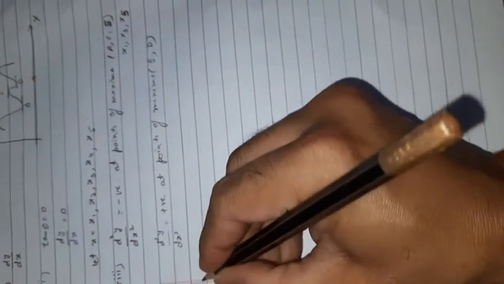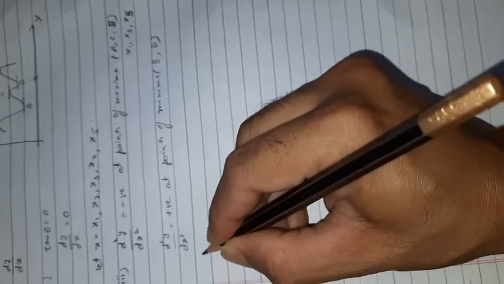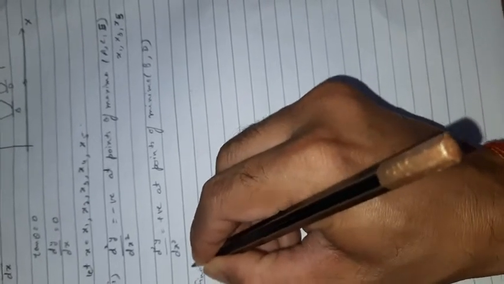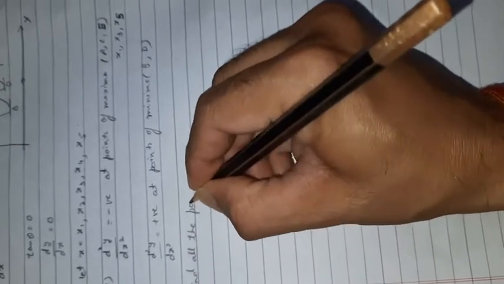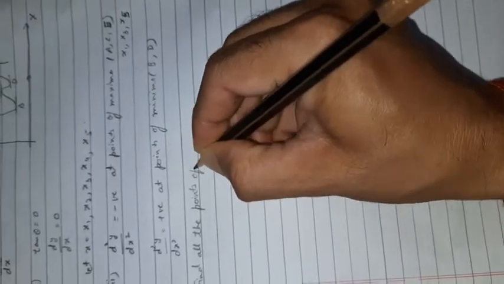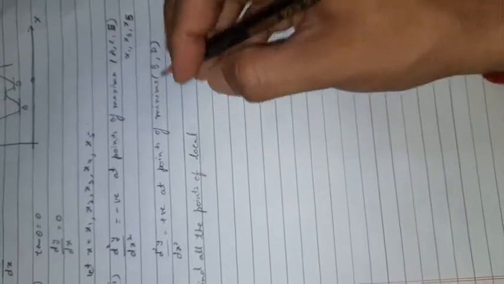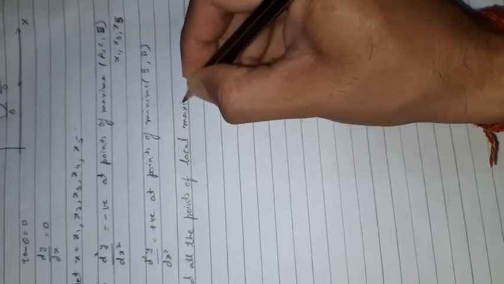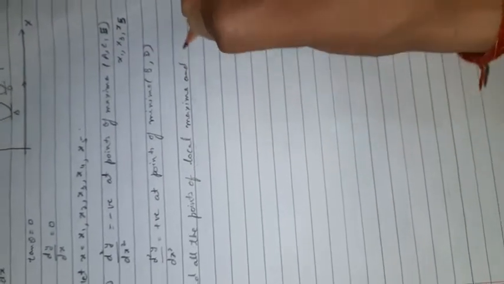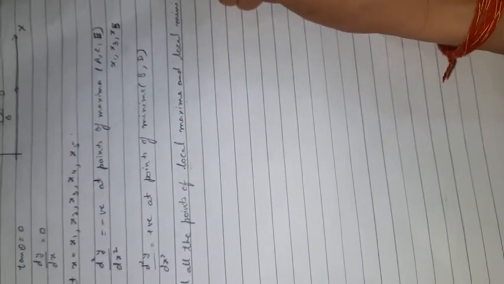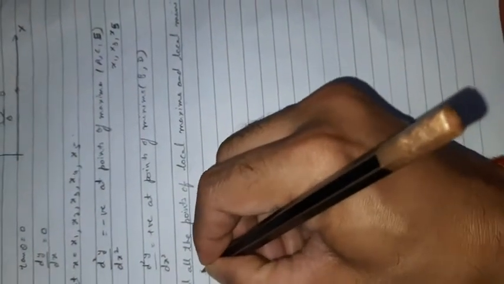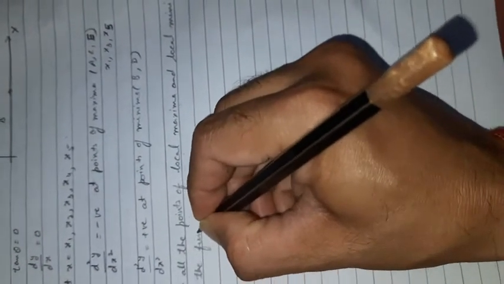Now I am taking one example here, and the question is: find all the points of local maxima and local minima of the function,